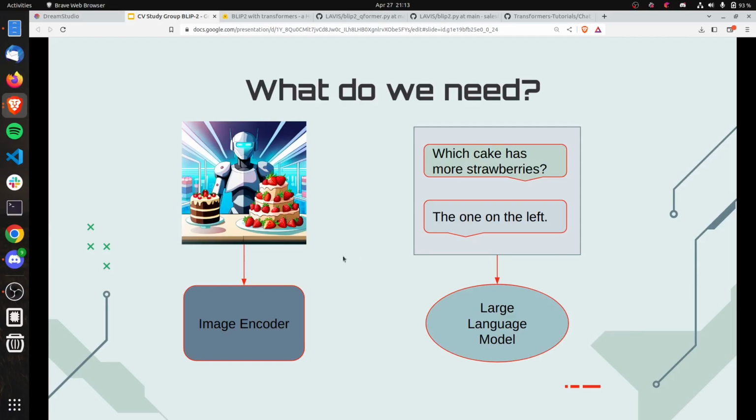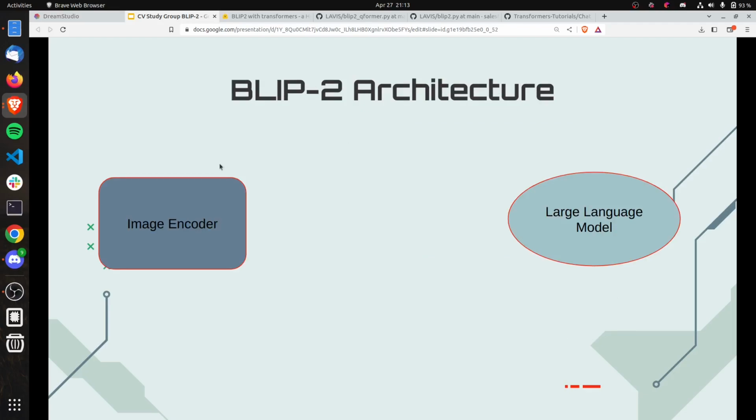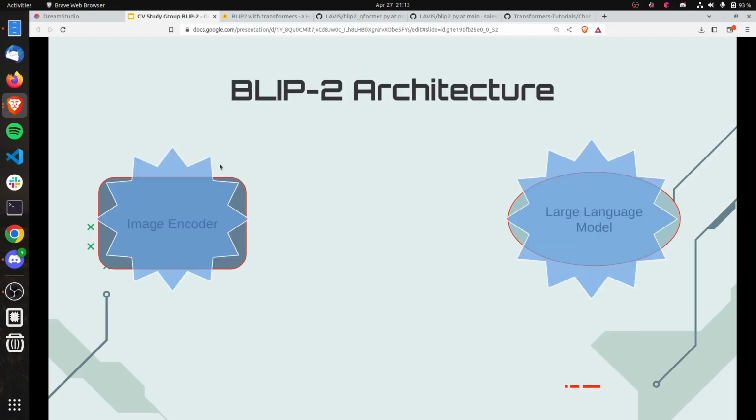So we've got these two components, image encoders and large language models, which already exist. So we say we just take pre-trained ones, we even freeze them. That means we don't want to modify them in any way. We just take these pre-built, pre-trained image encoder and large language model, frozen. We don't want to touch them really. We just want to give the input and get the output, and then we work with the output and do something. So what we want to do is connect them.